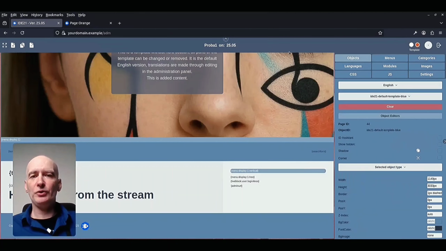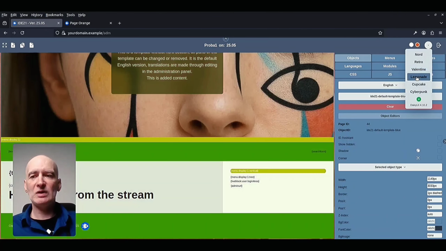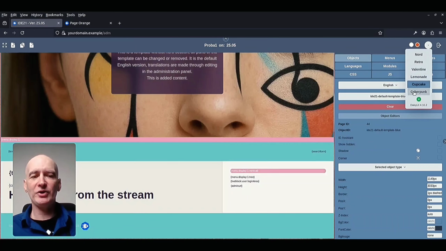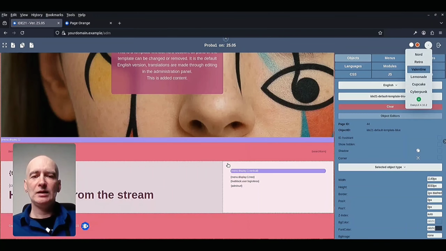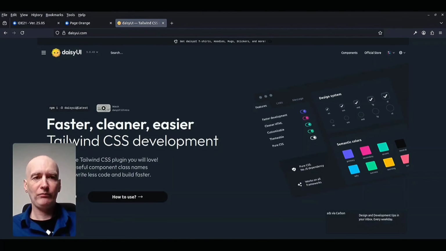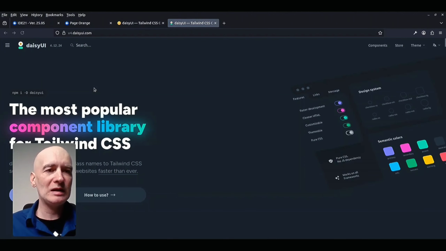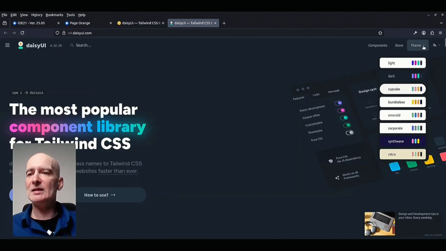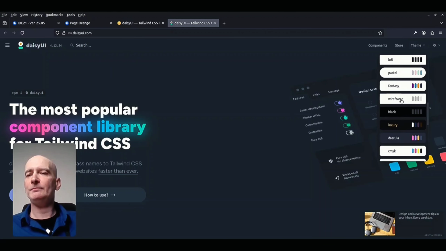What I did not show you with these Daisy UI themes is the changing of the themes with the template. So you can see when you switch in the drop-down, you see the change immediately, how it could look. And if you go to the Daisy UI website, we will go to version 4 because this is what is used in the administration panel. You have here the list of all the available themes, and you can choose some of them.